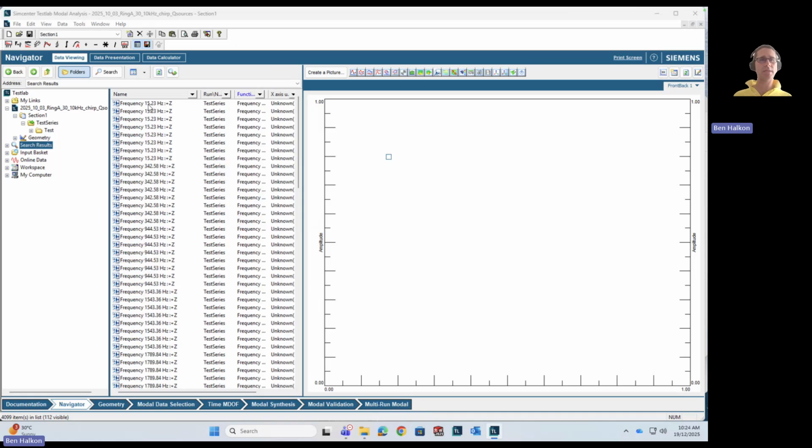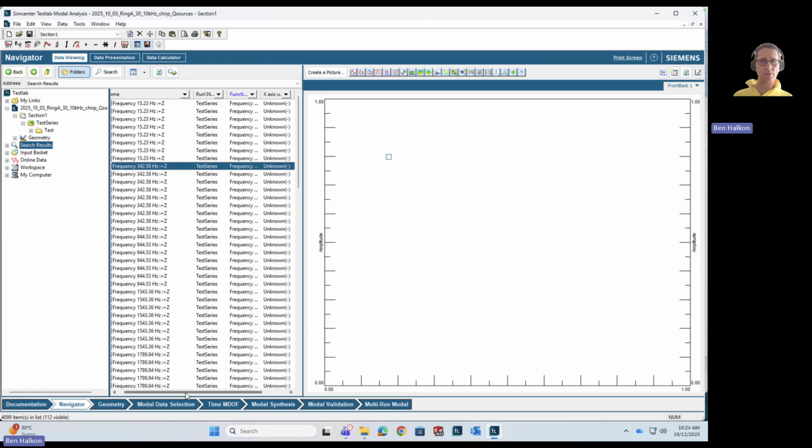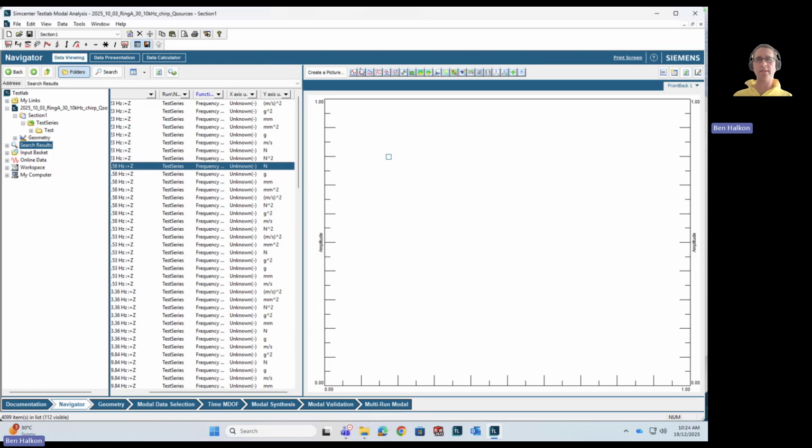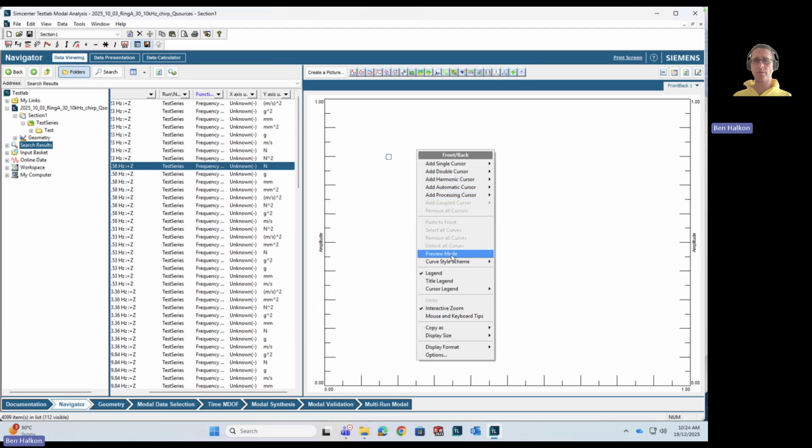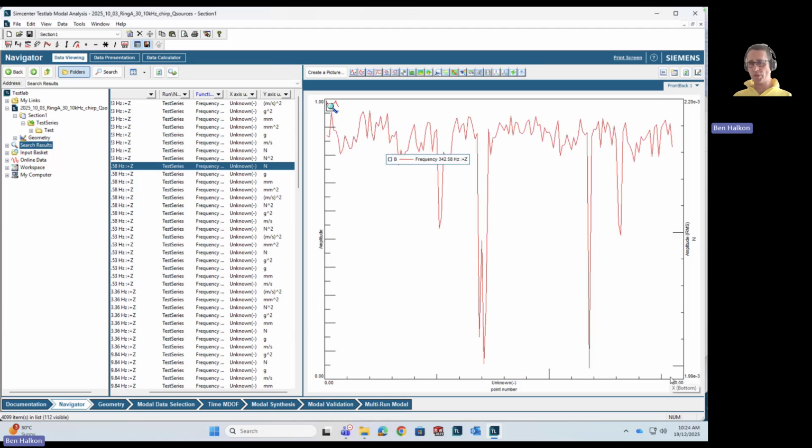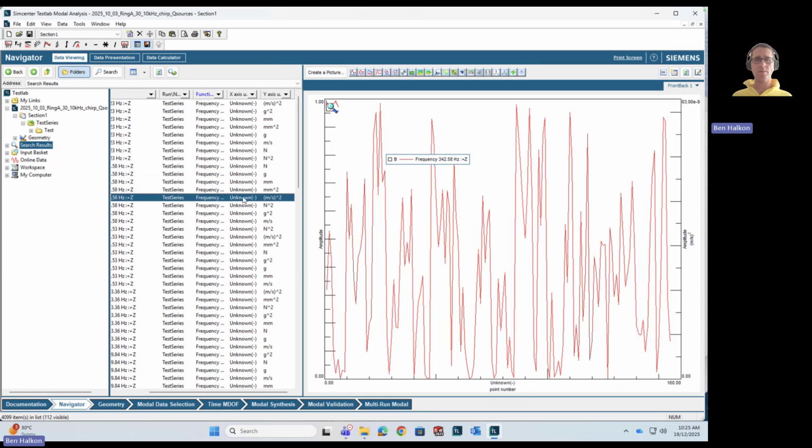So if I have a look at those, these functions now are for each of the frequency bands that were selected. There are some measurements here. There are some processed results here. So if I go to this particular window and turn it onto preview mode, for each of the 154 points in that spectrum, there is a set of values here for the measurement of the force and for the velocity that was measured by